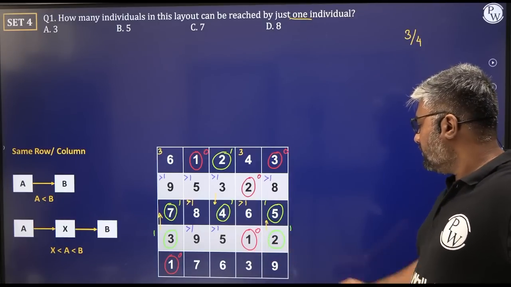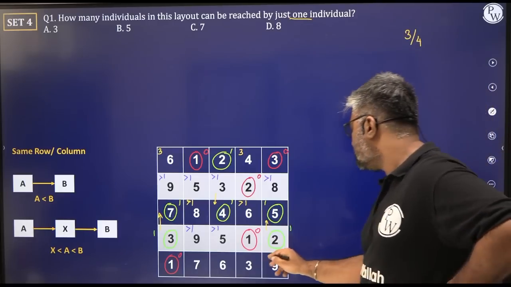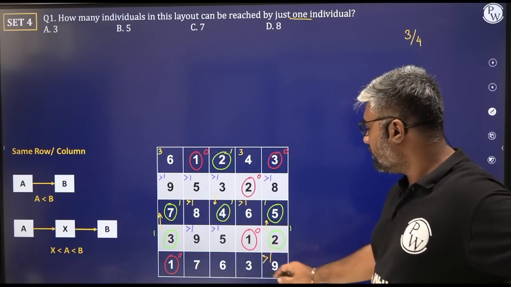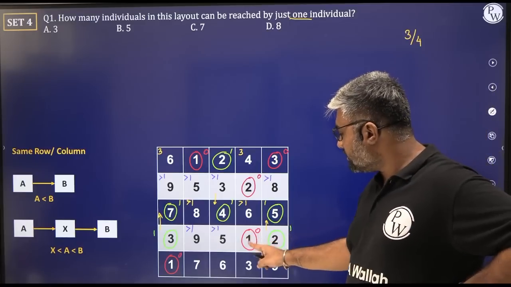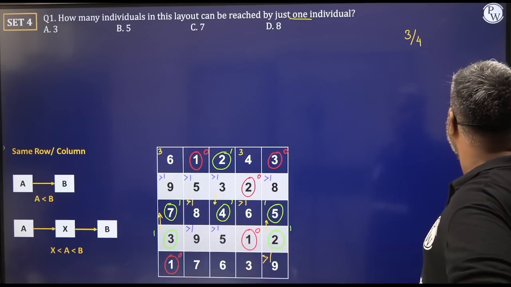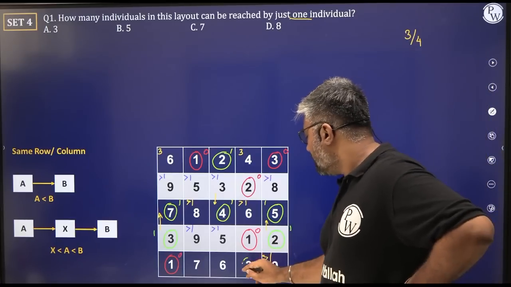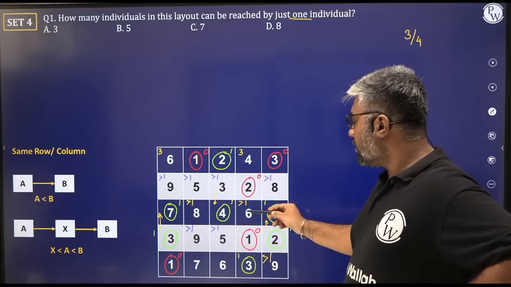2 is done. We have this 9. We know it is greater than 1. No point discussing this further. Leave it, move on. What about this 3? Like I said, 3 should be surrounded by 1 and 2. It has just a 1 here. We cannot go from 6 to 3. It's not possible. So 3 has to be one of those platforms where there is only 1 reachability. We can reach only from one number, that is 1 to 3. We cannot go 6 to 3.